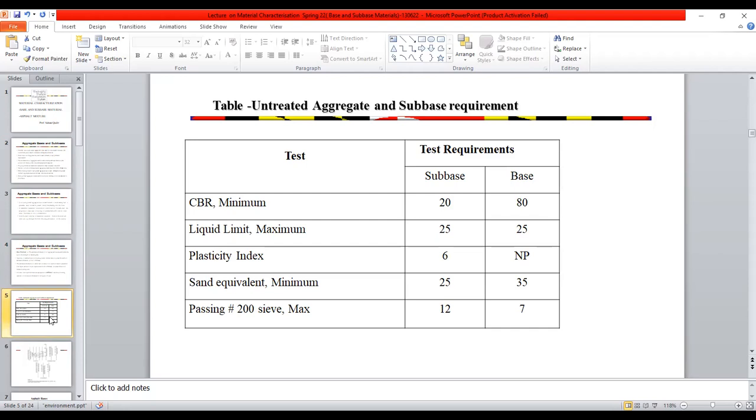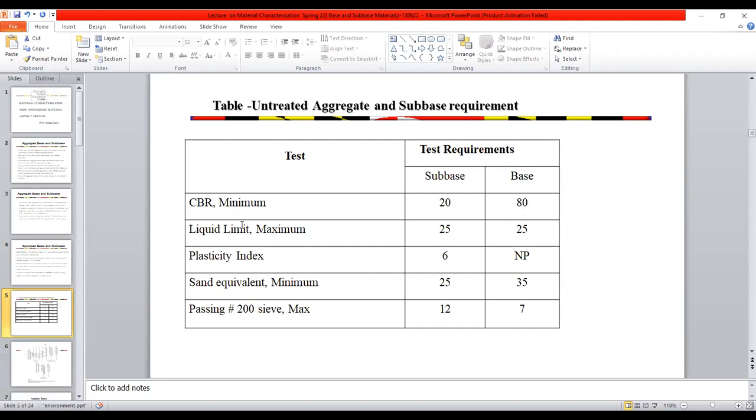So if you look at this untreated aggregate, the property you are going to specify based on CBR is, for subbase, a minimum of 20 CBR. For base it is 80. In Pakistan we have a base of around 90 to 95.